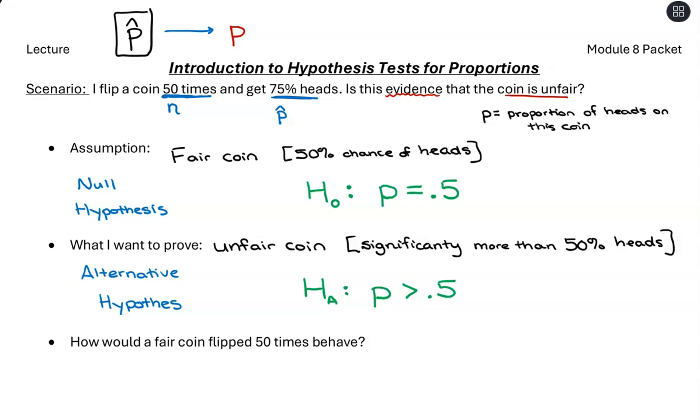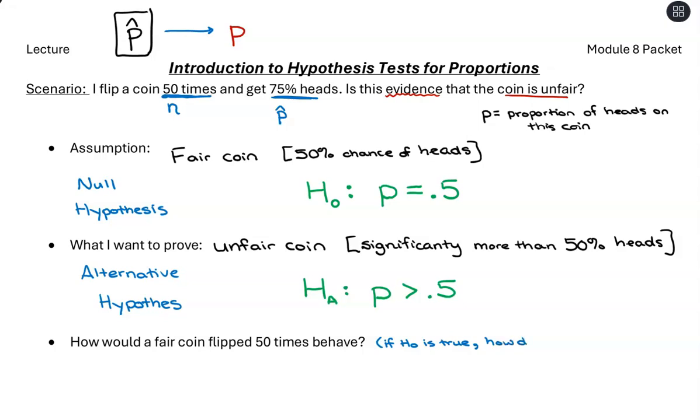So how would a fair coin flipped 50 times behave? What we're doing here is flipping a coin 50 times. If it is truly a fair coin, what would this look like? Or you can think of this using the terminology we're seeing up above: if that null hypothesis is true,